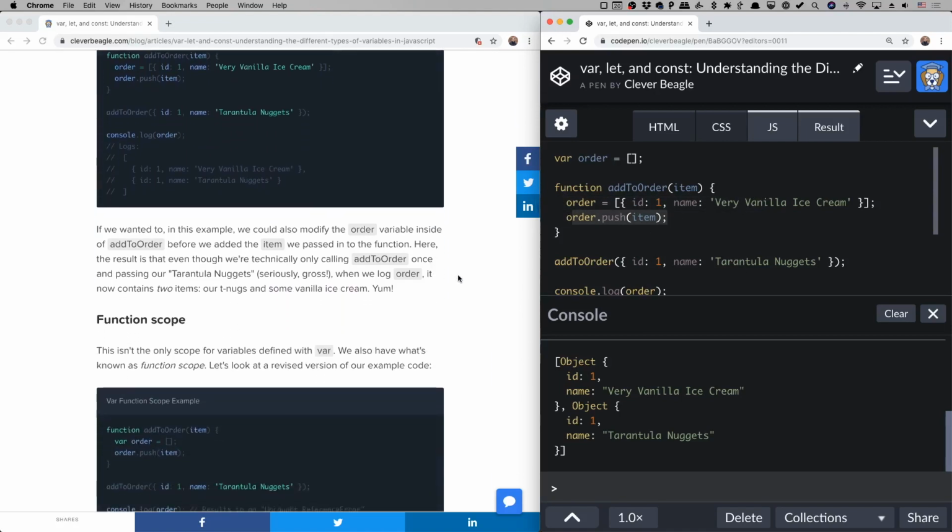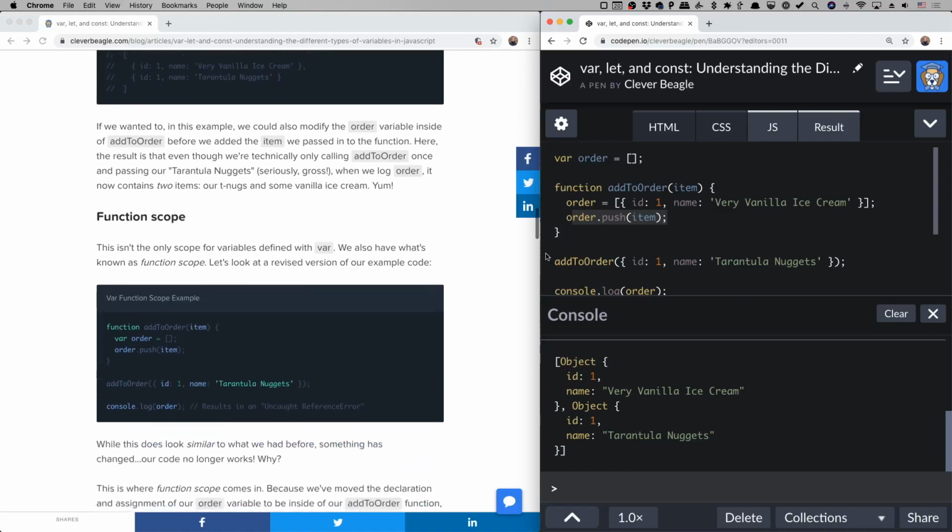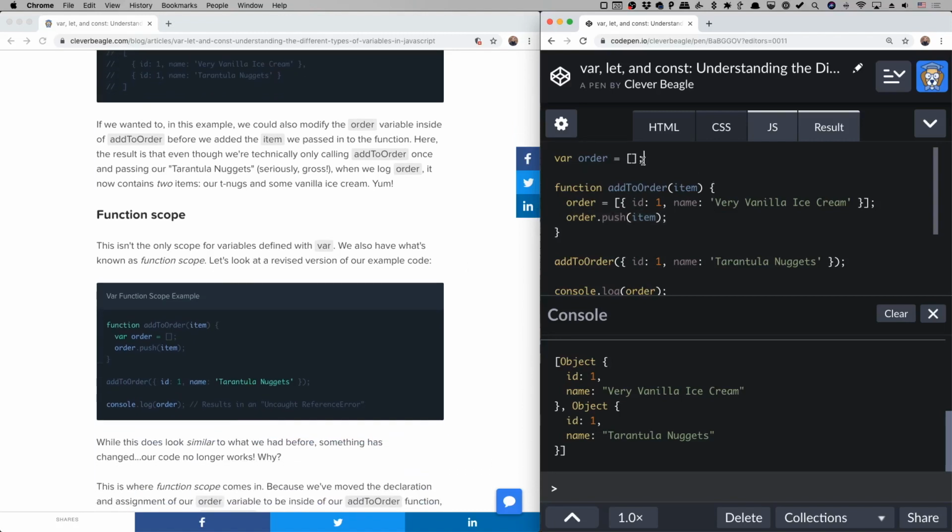So where this gets interesting is when we start to talk about function scope. Function scope is when we're dealing with literally the scope or the box. If you think about this as the top of the box and this as the bottom of the box, together this is creating a little boundary around our code. So what we can do is take this